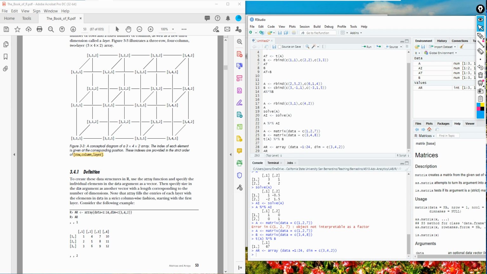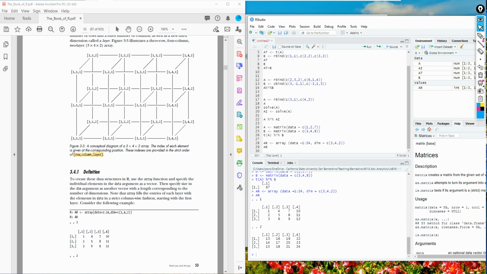As you can see, this is the first floor, layer 1, and this is layer 2. Each layer has 3 times 4 elements. The array is filled in a column-wise fashion: 1, 2, 3, 4, 5, 6, 7, 8, 9, 10, 11, 12.